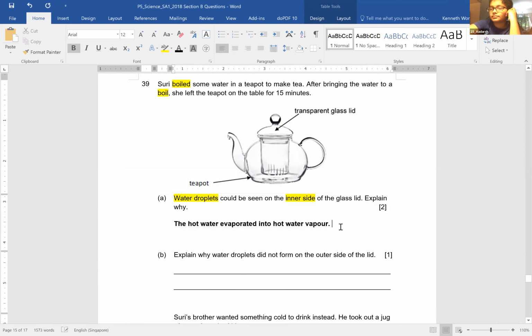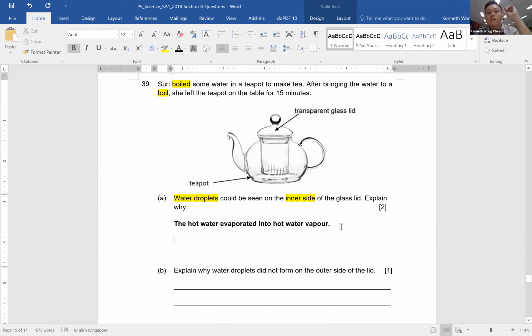So the hot water evaporated into hot water vapor. First of all, you ask yourself, where did the droplets come from? It came from water vapor. Then you ask yourself next, where did the water vapor come from? So 5P and 5A students, remember we did the car question, the water droplets condensing on the car. Where did the droplets come from? It came from the water vapor also. But where did the water vapor come from? It's different. That water vapor came from the surroundings. This water vapor came from the